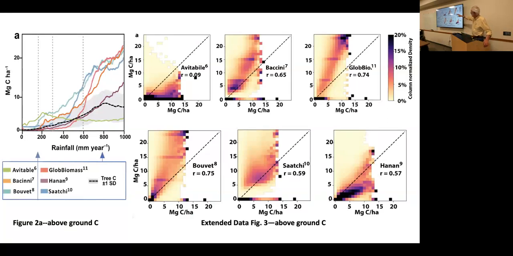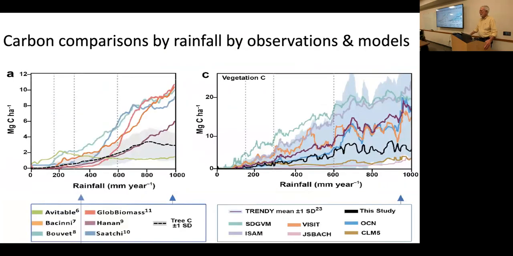Okay, so now we take the other studies. This is above ground carbon, and we have these figures, and you'll notice that in 4 of these, you'll see these concentrations of data above the line. They're the ones on the left where you have curves above ours. But here we're comparing 30 meter or 250 meter or 1 kilometer data to 50 centimeter level data. So it's an interesting comparison, and you end up with these clouds of points. We can certainly improve what we're doing, but I think you can't measure carbon in semi-arid areas unless you can resolve individual trees.